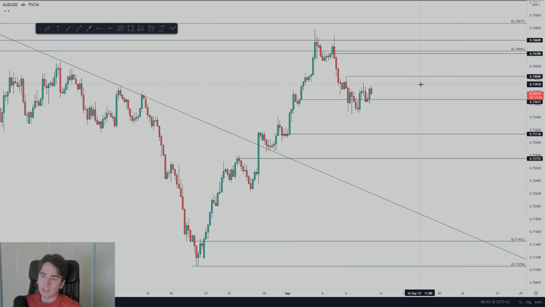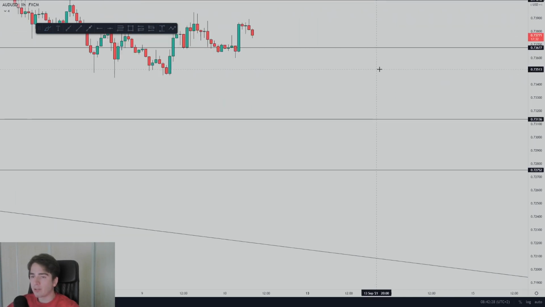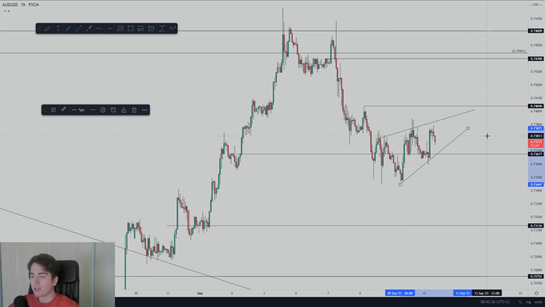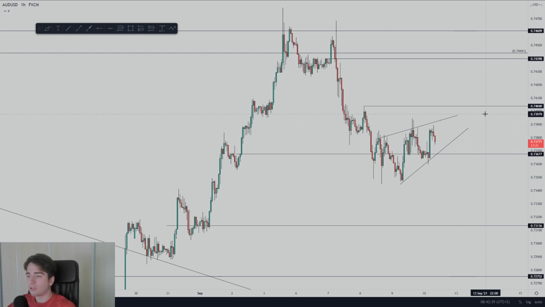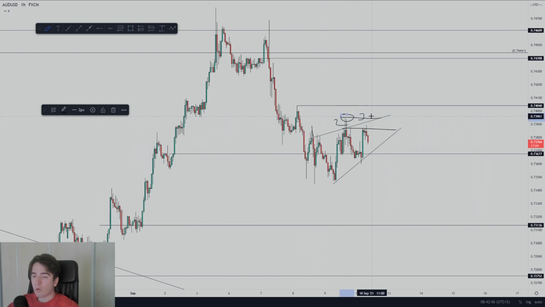And looking at Aussie dollar, as you guys can see, we did start initiating that pullback back up in towards the highs. However, this pullback, of course, is not significant enough for me. But looking at the 1 hour time frame at the moment, what we can currently see is that we are forming this ascending wedge. If you guys read the document on price patterns within the community which I shared, or my video on price patterns, you can check my channel for it. Ascending wedges are bearish, so we had the 1, the 2, the 3 essentially, but the 3 hasn't yet moved up in towards this swing high or in towards the trend line.